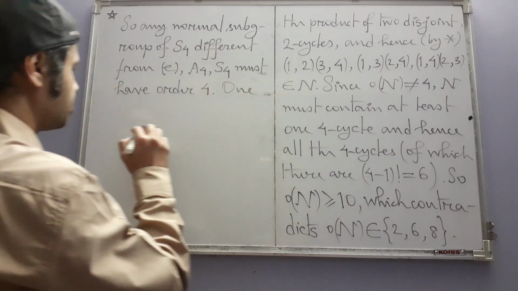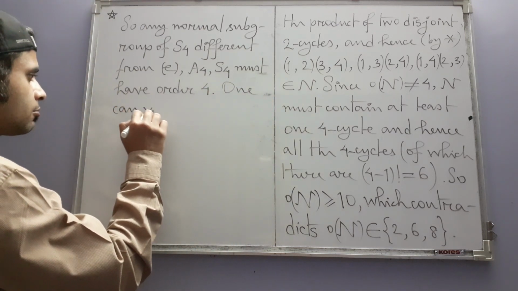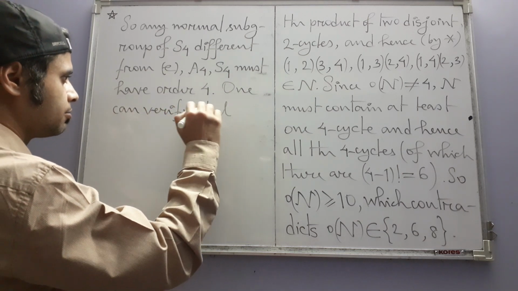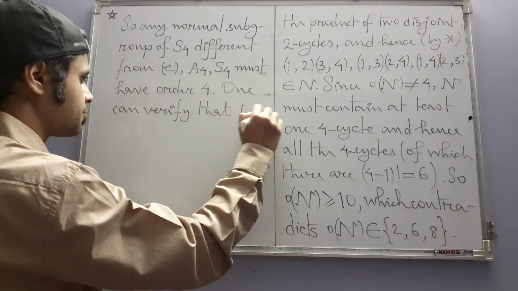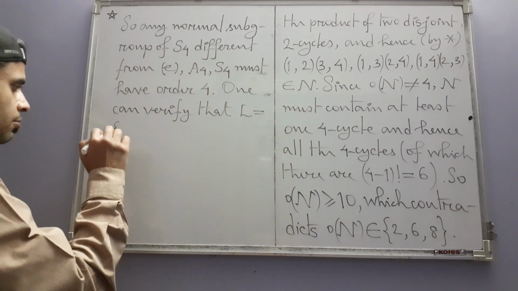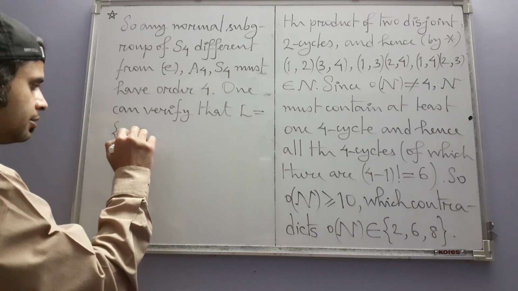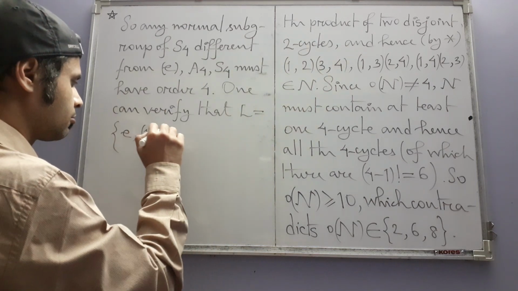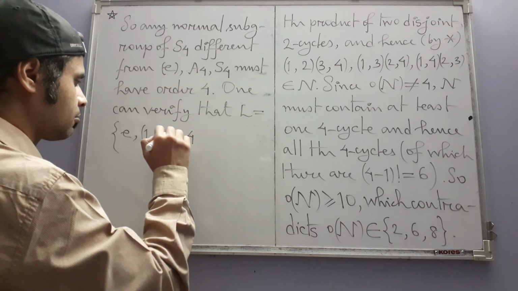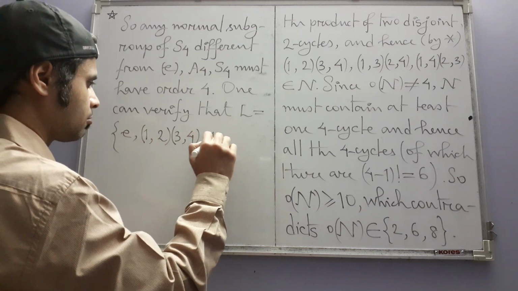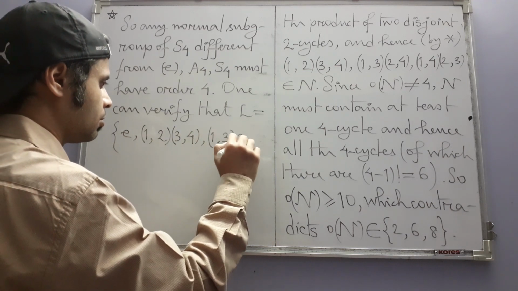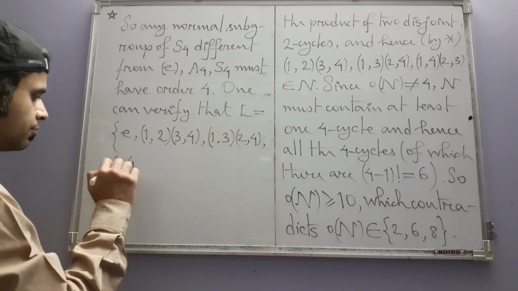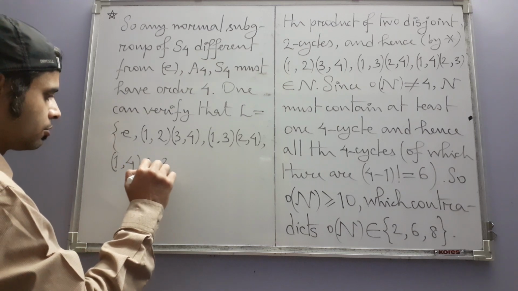One can verify that this subset L consisting of the identity and these elements (1 3 2 4) and (1 4 2 3)